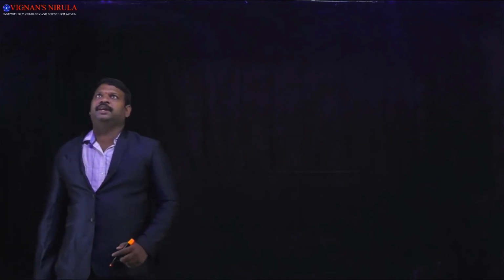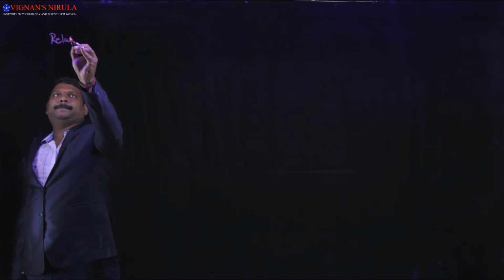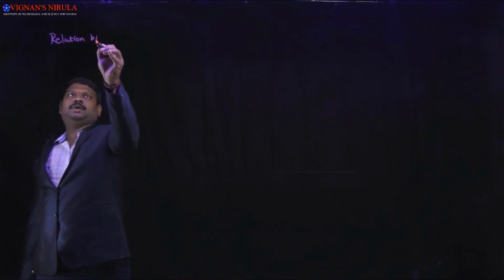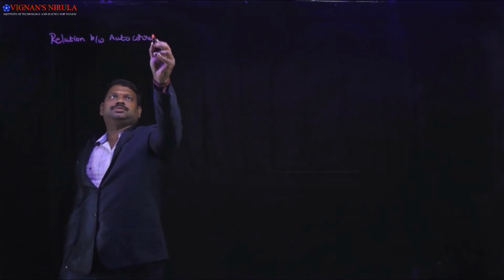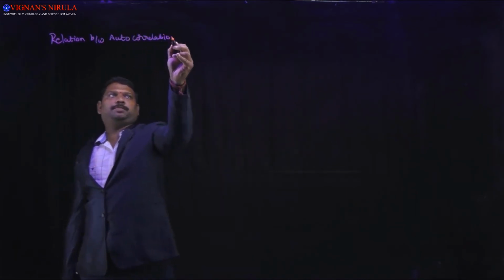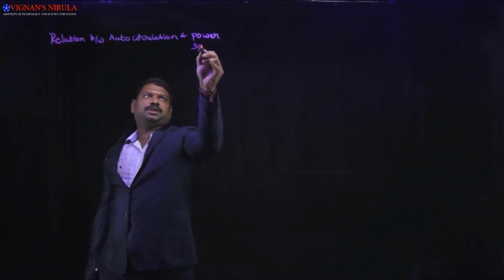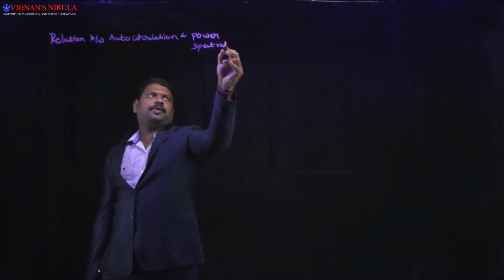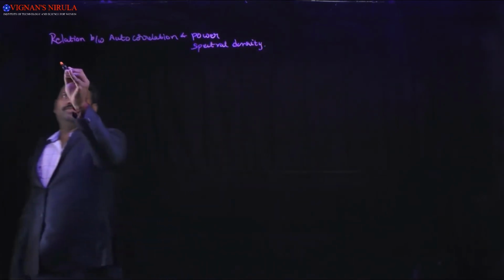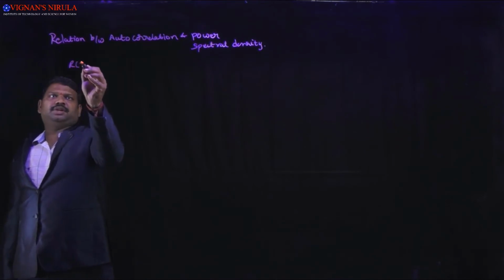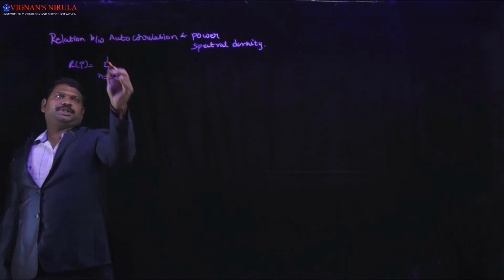Next one is the relation between the autocorrelation and power spectral density. As we have just seen, the autocorrelation can be written as a summation from minus infinity to infinity